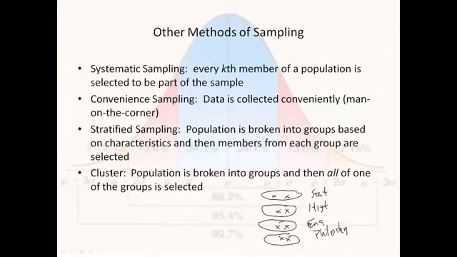Now cluster works the same way, except what we would do is we would say we're going to bust all of the classes up, and then we're going to randomly select one of these classes to be our sample. So we're going to take the entire group, and that becomes our sample. So rather than 2 from each one of the classes, we're going to take all 8 out of the stats class. Or we may take the entire stat class if the stat class happens to be 8. Okay? So those are other methods of sampling, some of which are pretty good and some of which